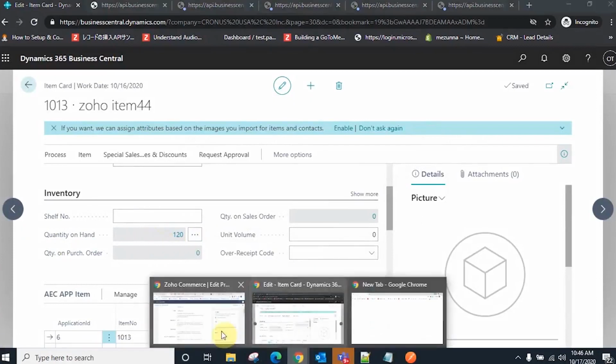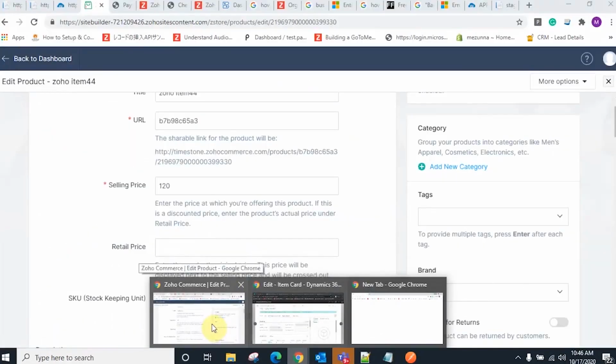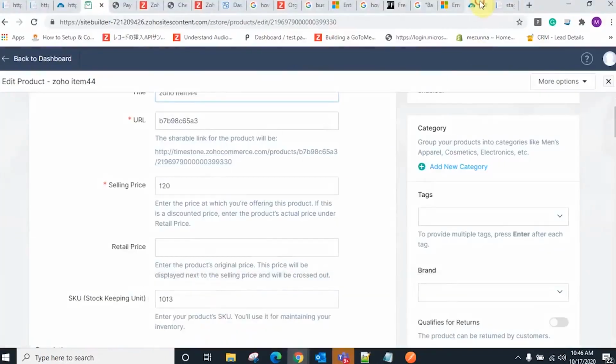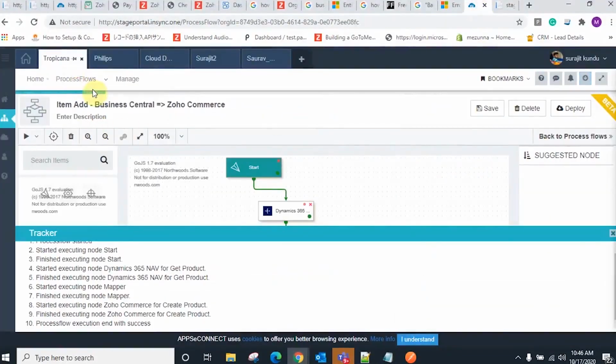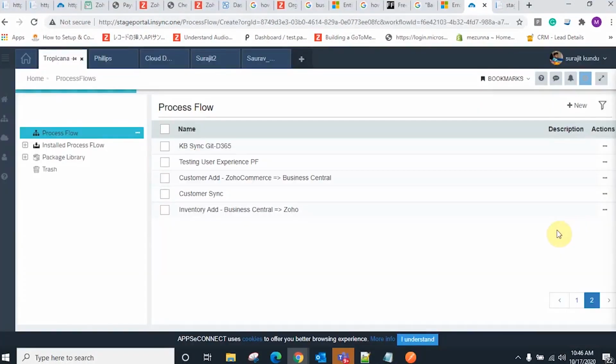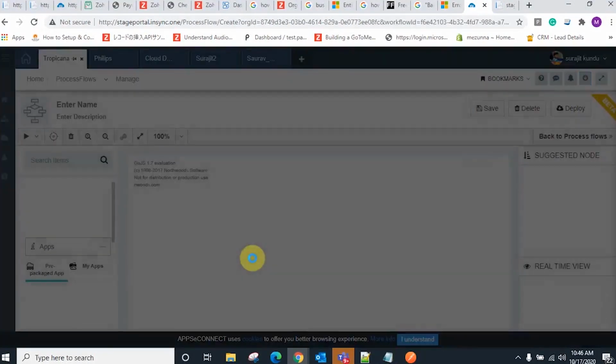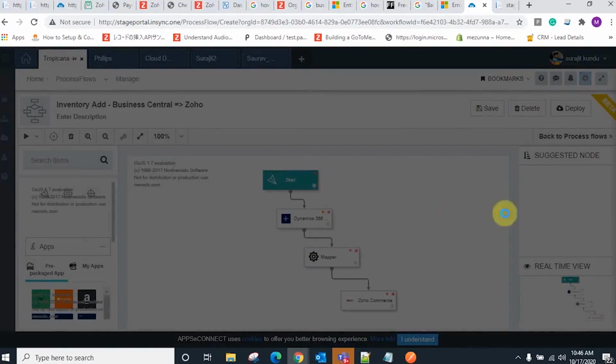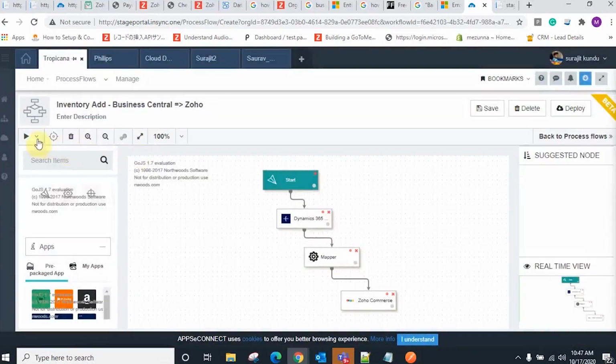Now I'm going to the process flow again for updating the inventory. Let me just open it. Now I'm going to execute it.